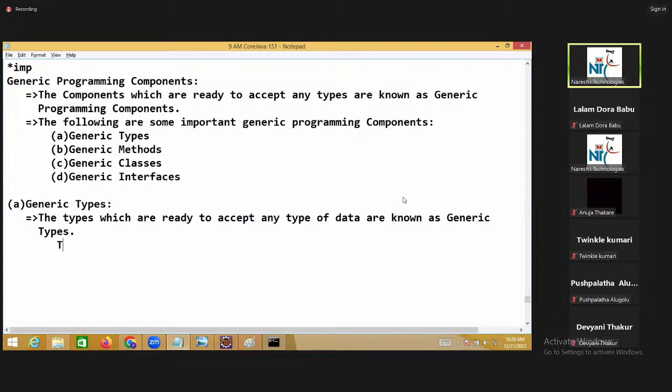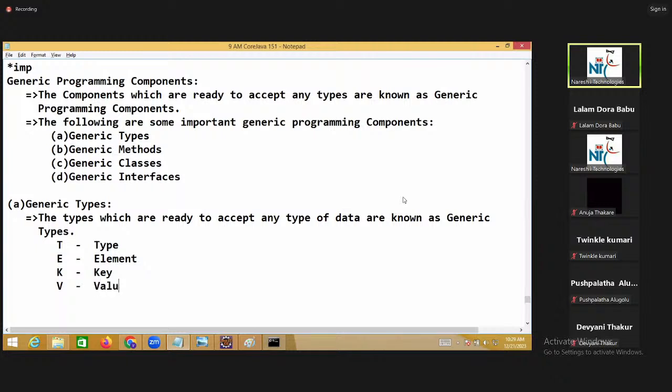Example generic types: T will be there, you can say type. E will be there, you can say element. K will be there, you can say key. V will be there, you can say value.